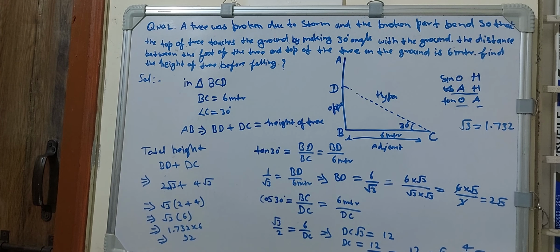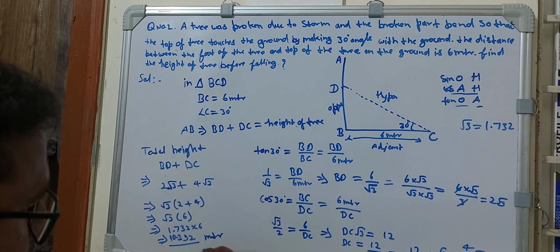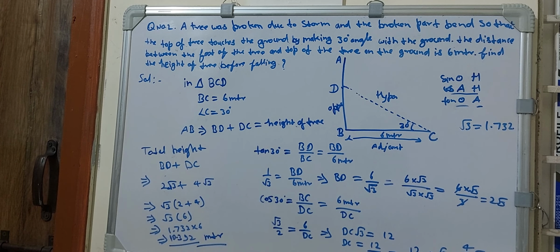And 6 7s are 42. 42 plus 1 43. 4 will carry, 6 1s are 6 plus 4, 10.392 meter. So 10.392 meter